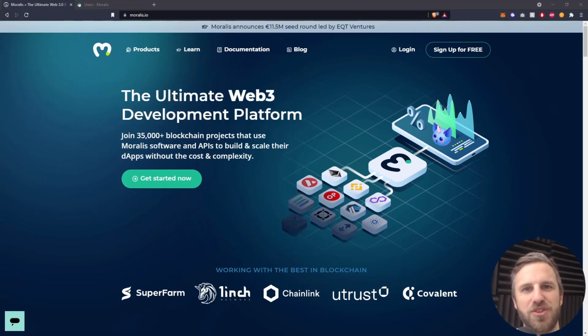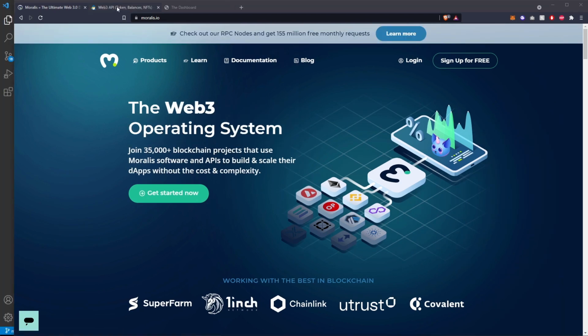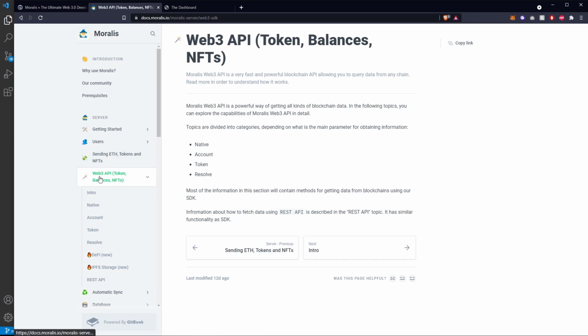So it's now time to move on to a new section. Previously, we looked at the transfer section of the documentation and we covered off a lot of Moralis functionality. But now we're going to be moving over to the Web3 API. So let's head on over to the documentation. We'll click on documentation, and once that loads up, down the left-hand side, let's go to Web3 API, token balances,